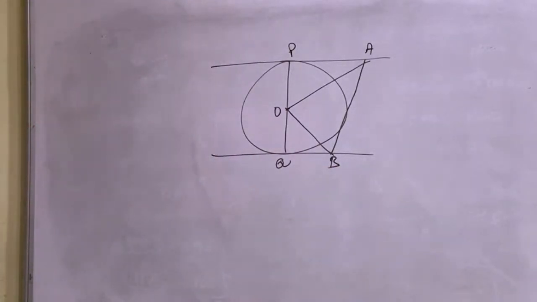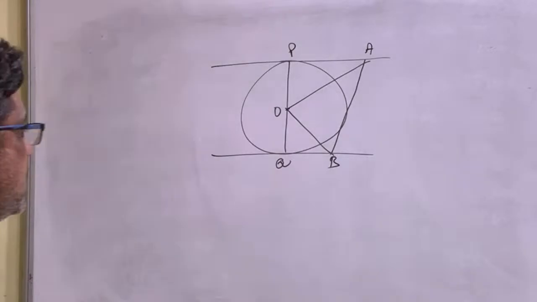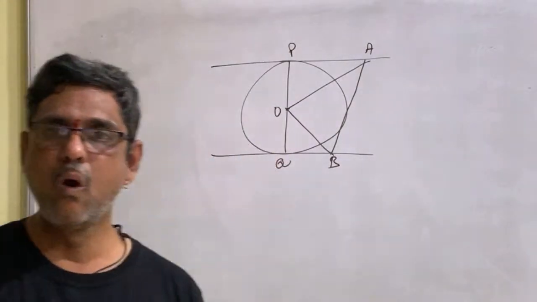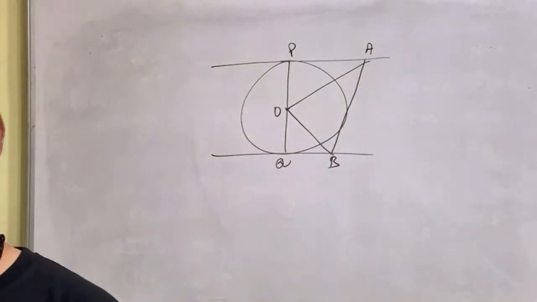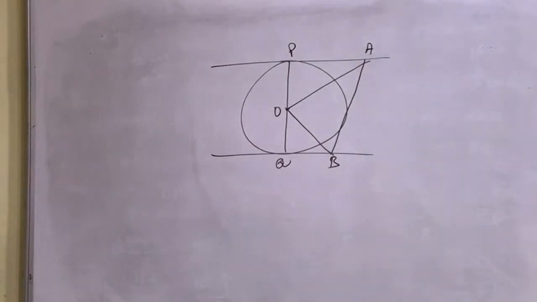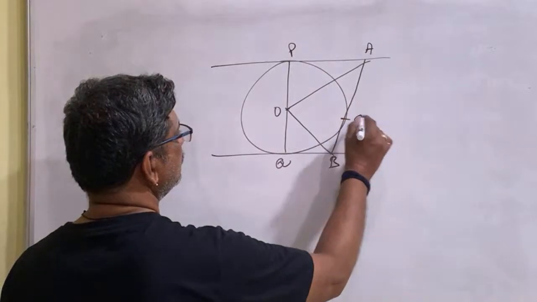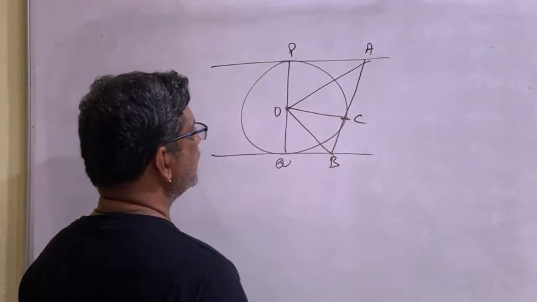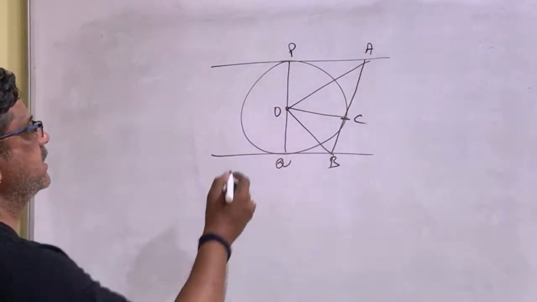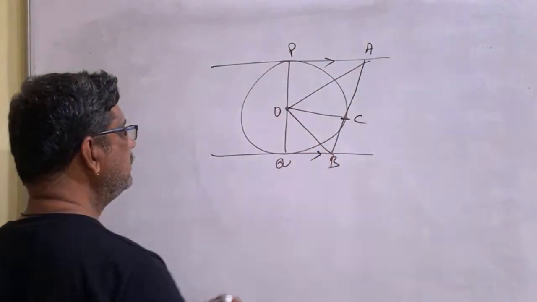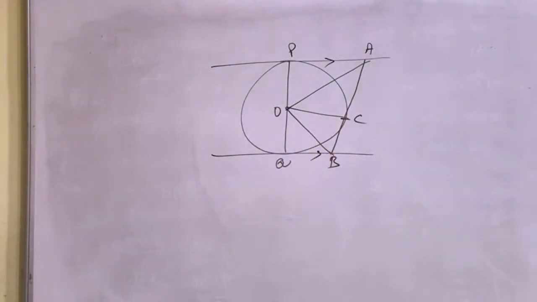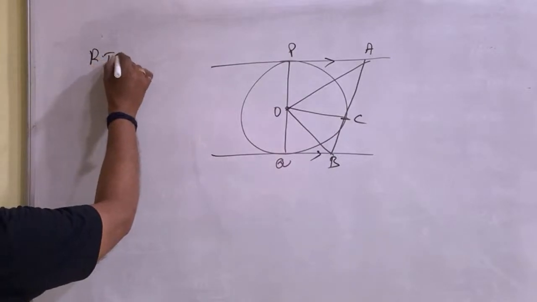Is that right, children? You know how to do it? Very, very important board problem. We need to join OC, and these two are parallel tangents, and